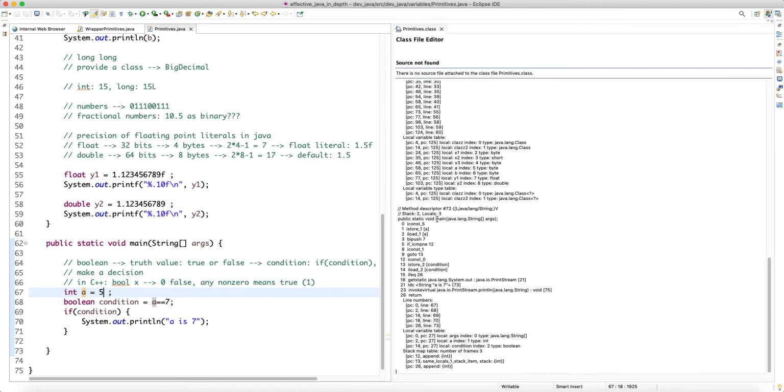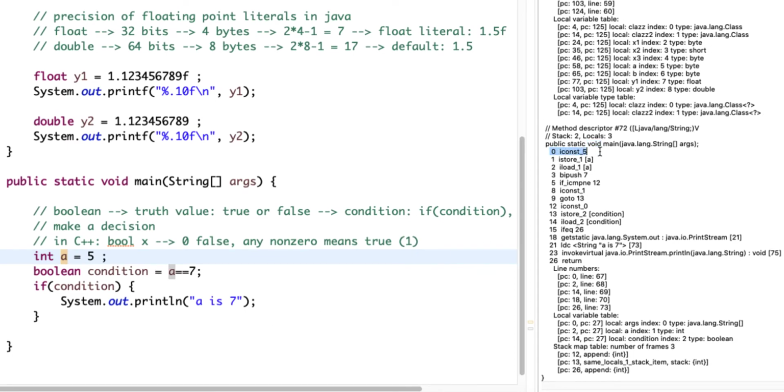And now look at the main. The bytecode doesn't change that much, right? We load 5, we store it in A, and then load A again, push 7 to the stack because it's a constant literal, and then compare not equal, and if not equal,